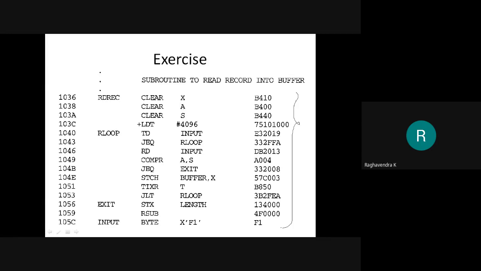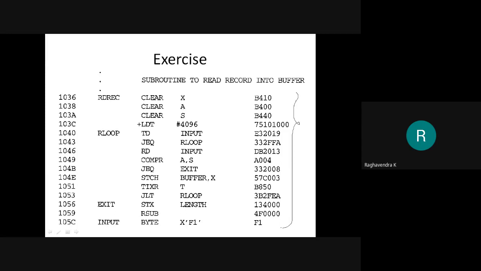Any doubts you have up to this point? Obviously, until you try this out, you will never know what doubt you have. So I would like you to try this out. This is very, very important: the assembly process and the generation of the object program for SIC/XE, because in the examination they are not going to ask a SIC standard model program. It's always going to be a SIC/XE program. So you need to understand this concept very well, otherwise you are going to lose marks even in internals.